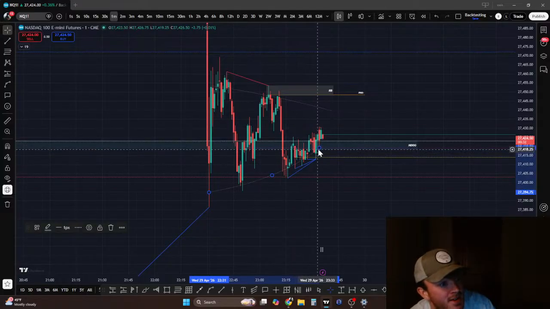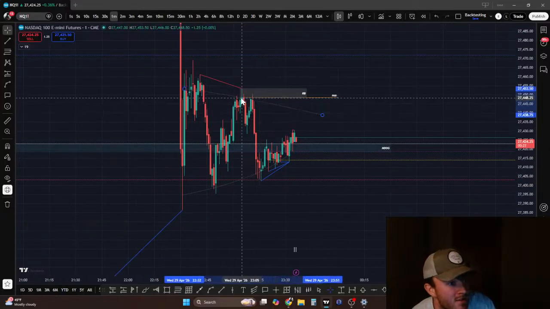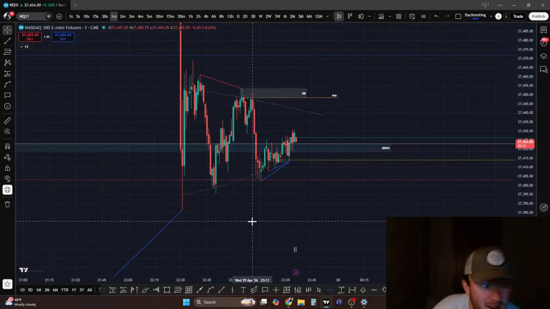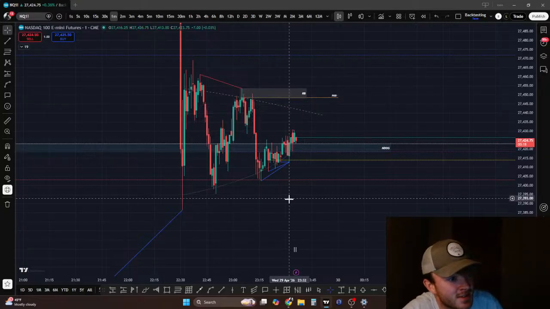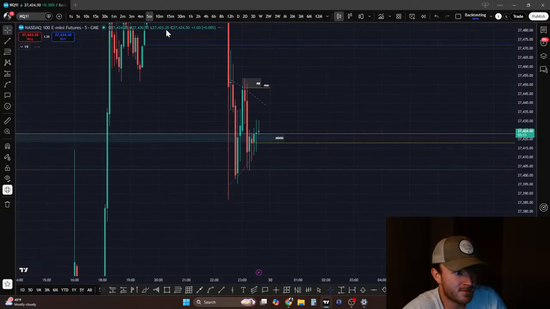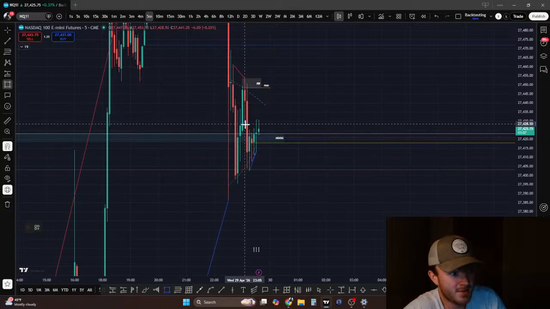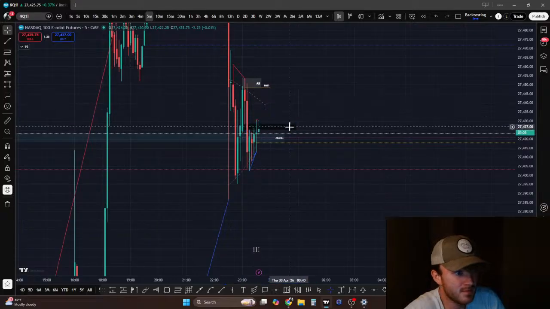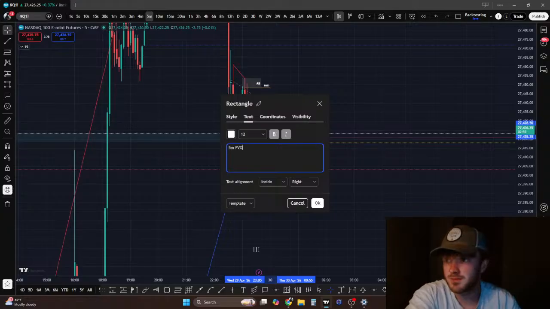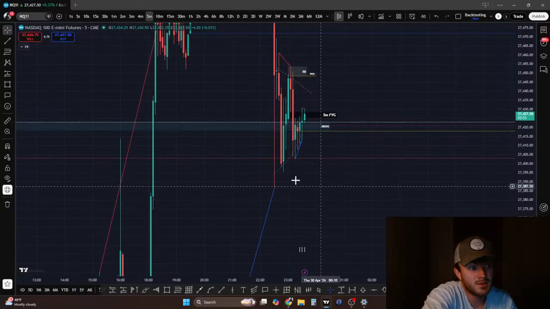I think this is gonna break soon, but maybe not yet. But I think eventually. Once again, this is why it's hard, because you have to have the patience to do nothing, right? Because that trade wasn't actually perfect, honestly. It wasn't super clear that we were going to break it. This is a 5-minute gap, though. This is a 5-minute buy gap. So if this does, this could hold. It's possible.